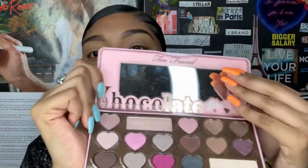So for today's look, I'm feeling very smoky eye, blacked out, nighttime look. I tend to shy away from black because it is very aggressive and scary, but today, why not? I mean, that's how I'm feeling. I'm first going to start off with the Chocolate Bonbon palette by Too Faced. I'm going to go into this color